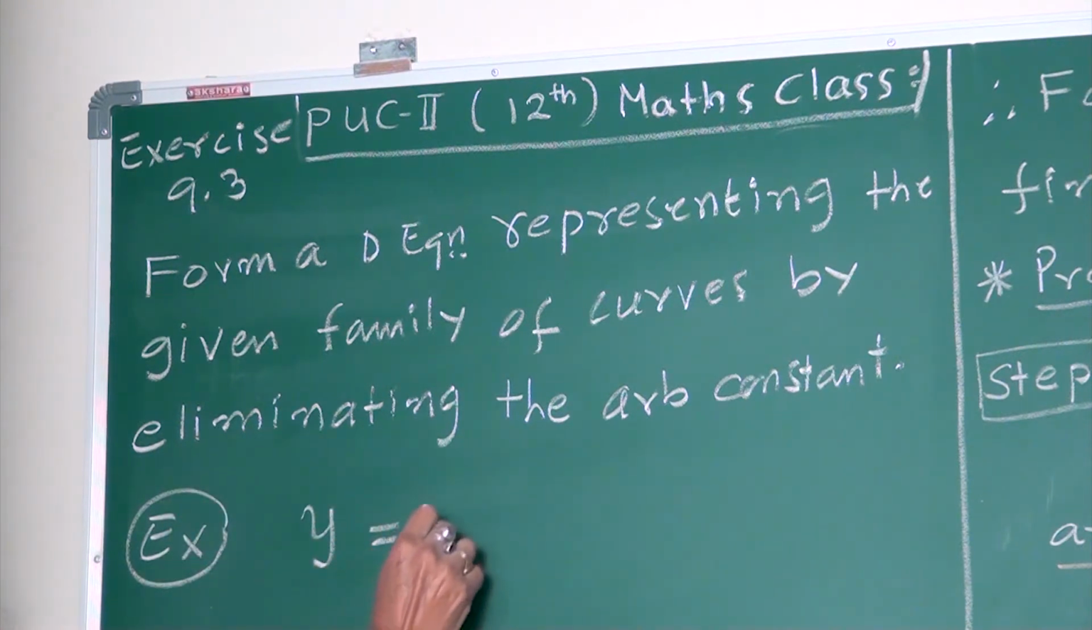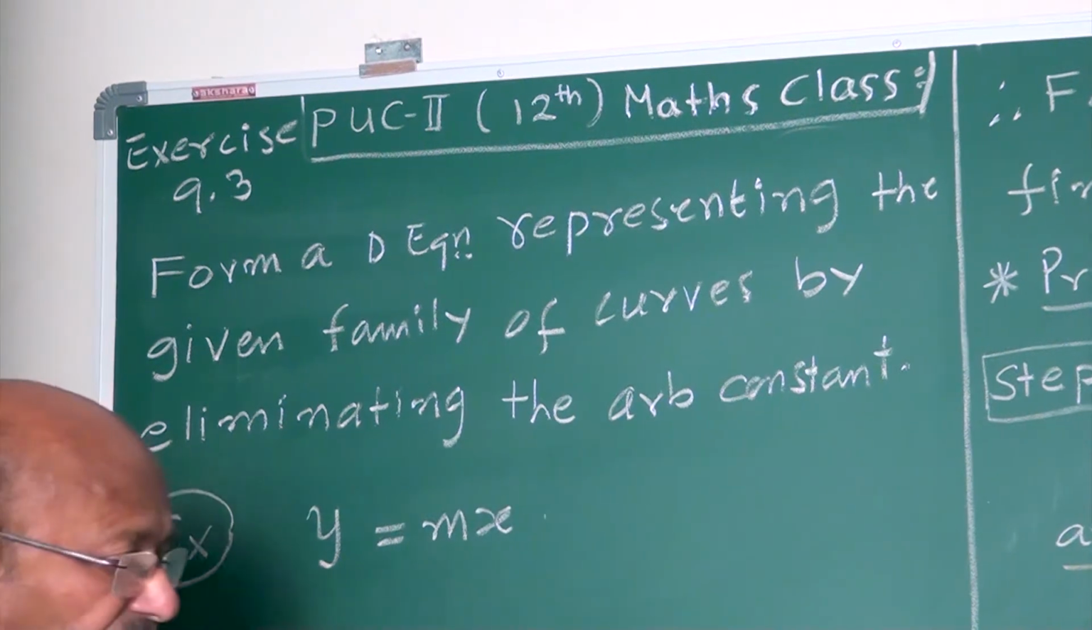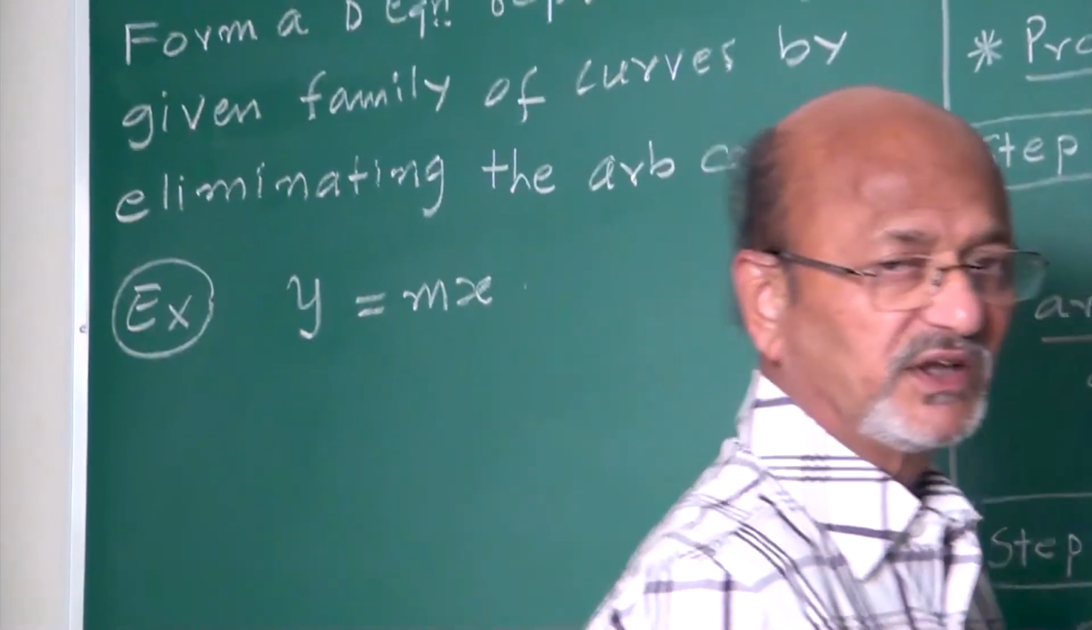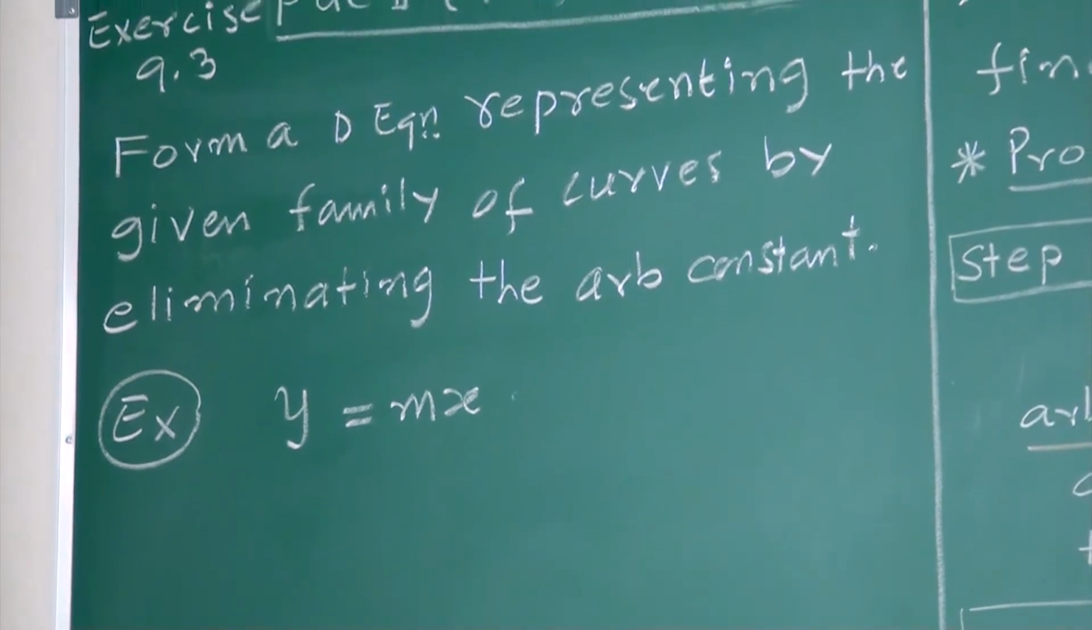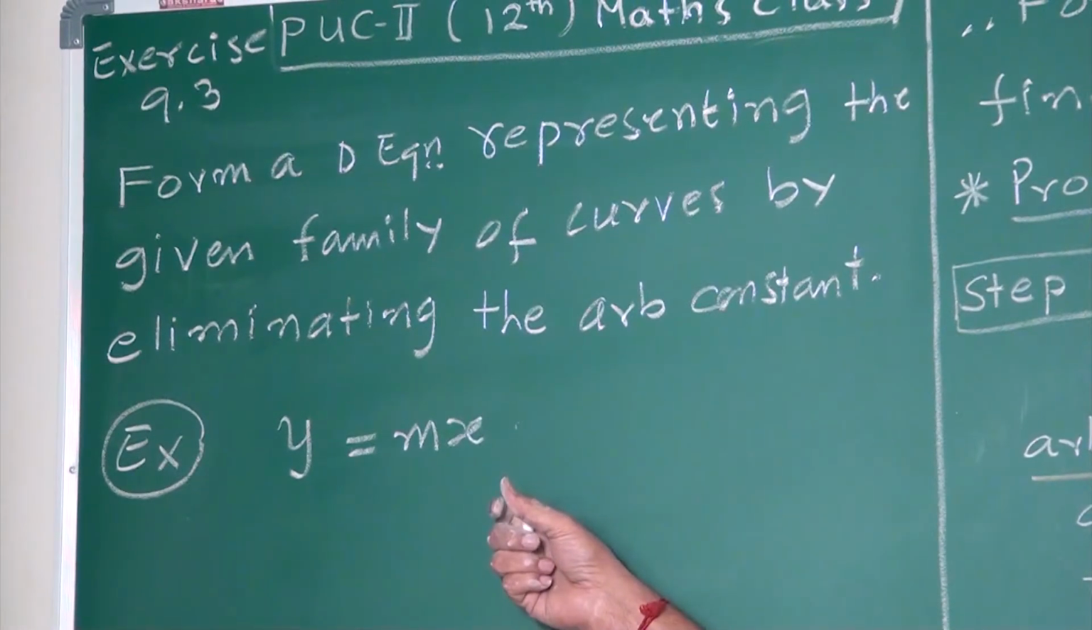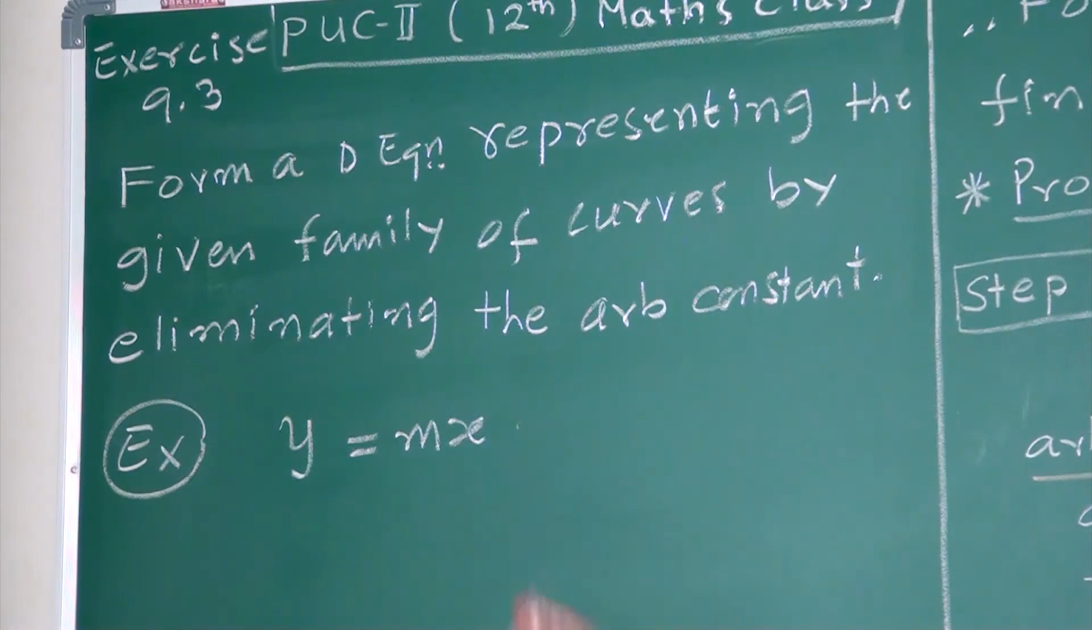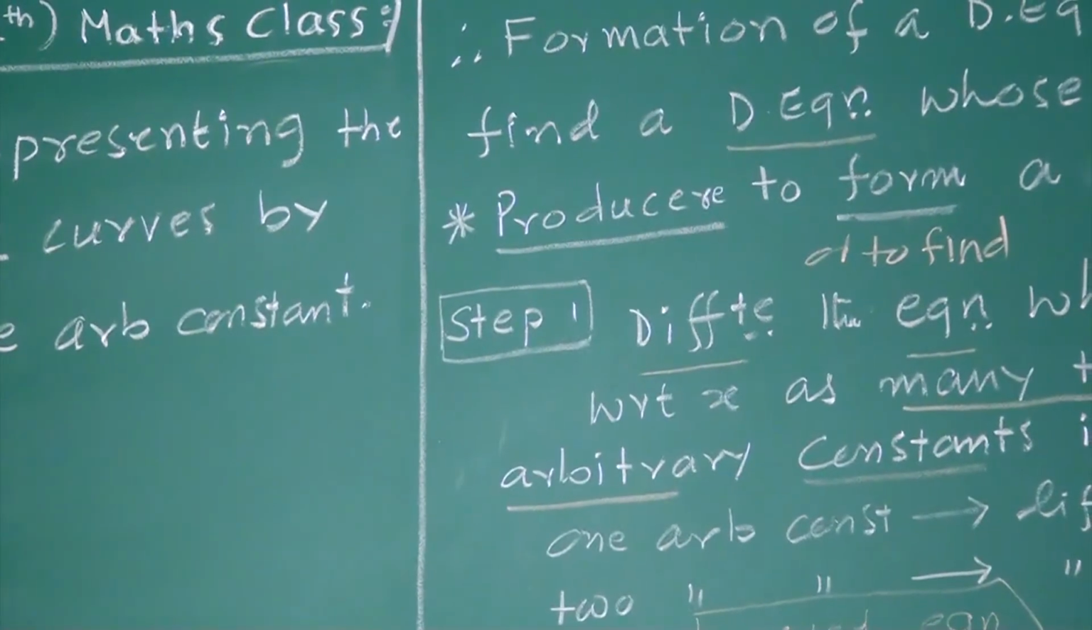y equal to mx. My friends, can you tell? It appeared in the board exam question paper under a 2-mark question. y equal to mx. Can you tell what this is? It doesn't contain c, then what does it represent? It represents a family of lines